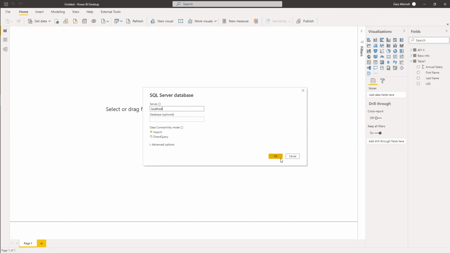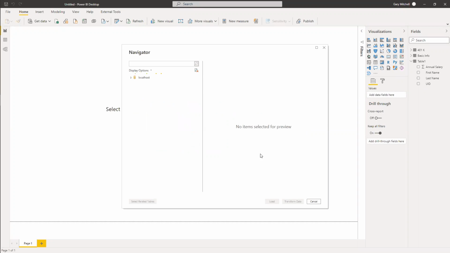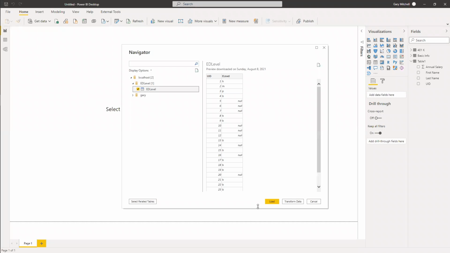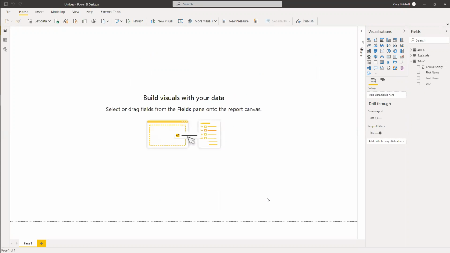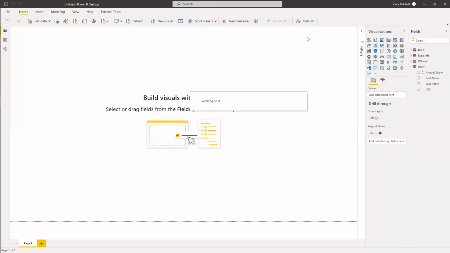Here's my SQL Server name. Good. I want education level. So now I have 3 different data stores referenced, 2 Excel worksheets that exist somewhere and a SQL Server